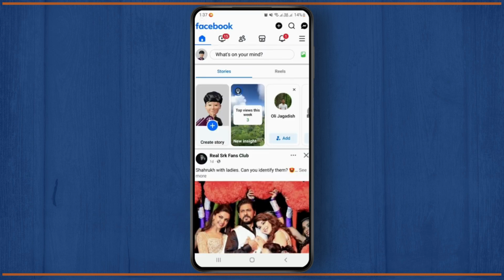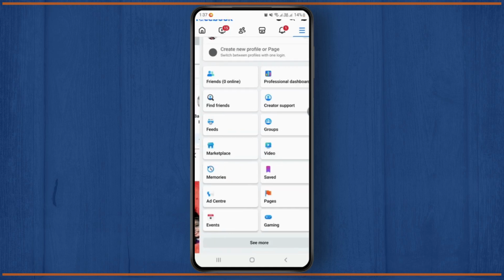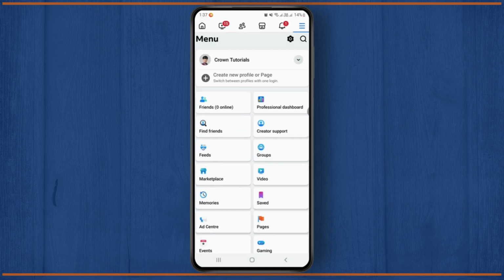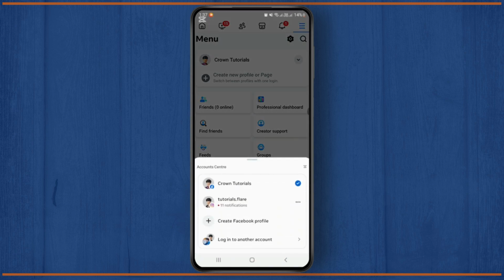Okay, so after you log in to that account on your Facebook app, you'll have to tap on the three lines just at the top right corner of the screen. And now from here, after adding that account, you'll be able to see a drop down on your profile icon just at the top. So simply tap on that arrow icon,